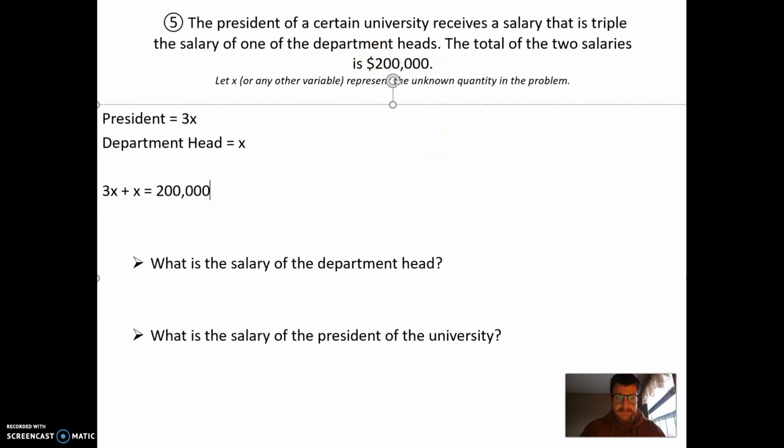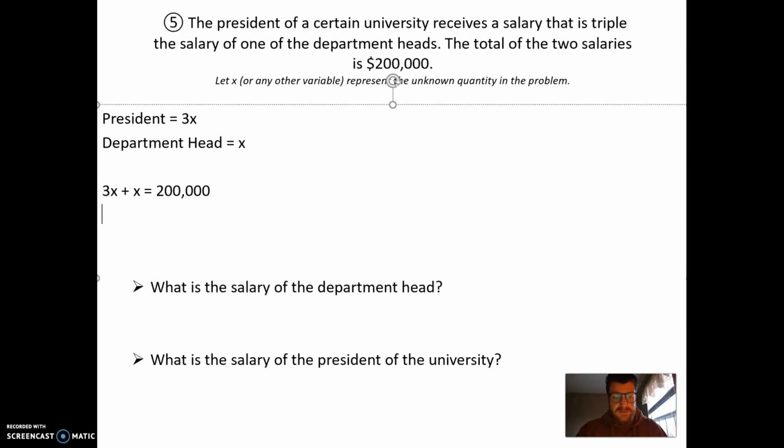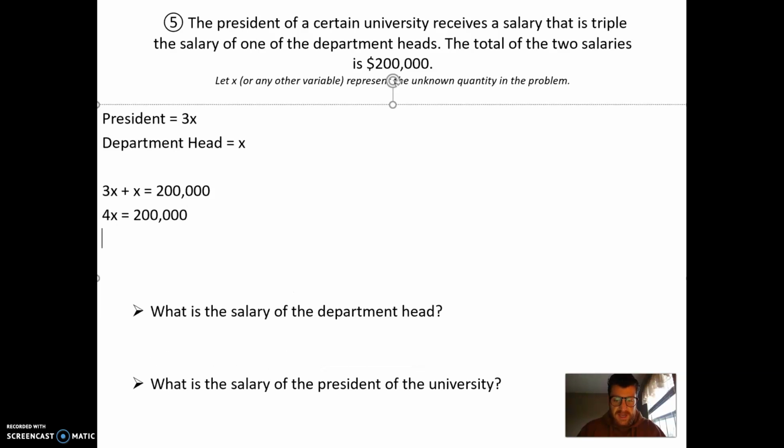So now, similar to the last question, we can combine like terms. So 3X plus 1X, because 1X and X are the same thing. It's 4X equals 200,000. Divide by 4 on both sides, and you get X equals 50,000, which means the salary for the department head is $50,000, and the salary for the president is 3 times that, which is